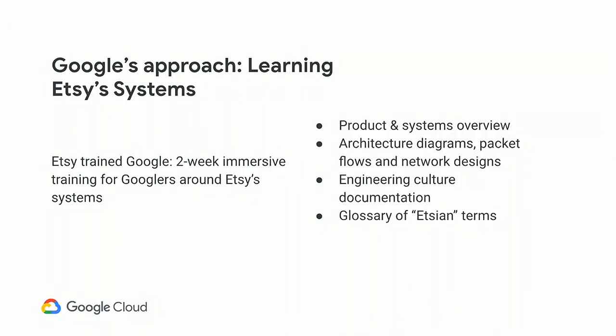Now, Etsy is taking the responsibility of effectively running their data centers and giving it to Google. That's scary. So what we did to support them is we went in and masqueraded effectively as Etsy engineers, and we went through a 2-week immersed training in Etsy. Myself and a couple of other Googlers went in and said, OK, we understand the lay of the land,